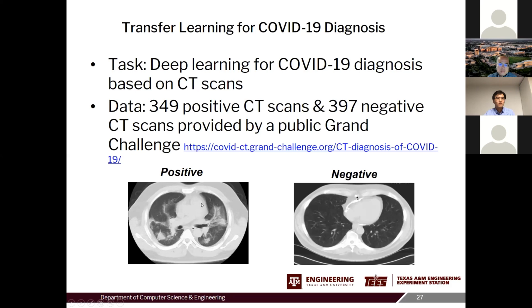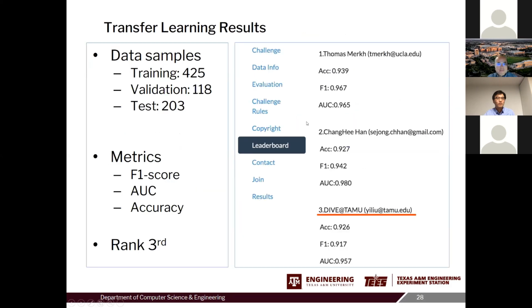Here are two examples of the scans. I think the data has been split by the organizer, so you have a training set, a validation set, and a test set. You compute your performance on the test set, 200 test data, using F1 score, AUC, and accuracy.